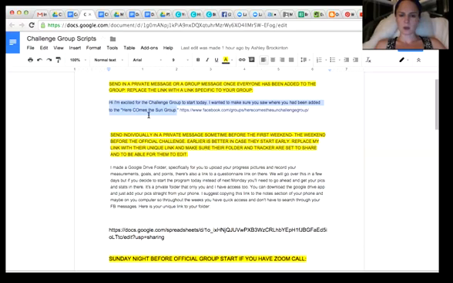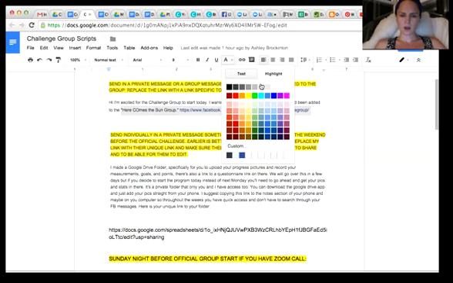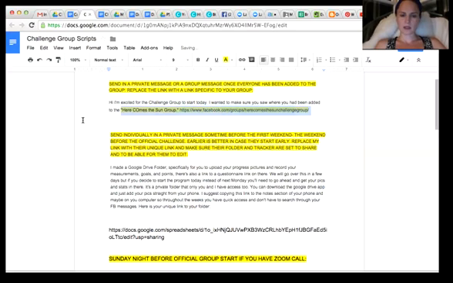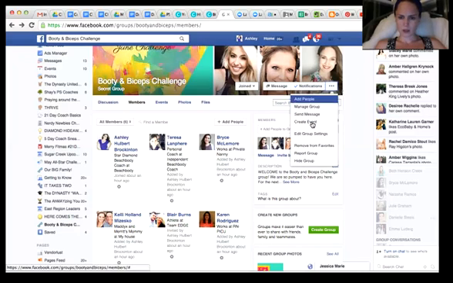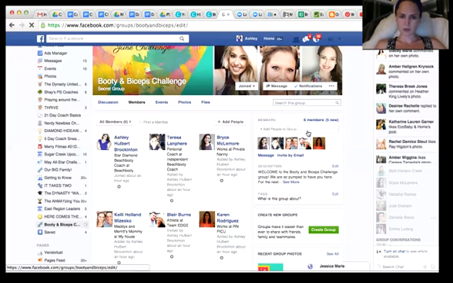So I'd copy and paste this, but you just want to change this to whatever your group's name is, and what the specific link is. Then you can just copy and paste this into the message. That way, if people didn't see they were added, they can click on that and they'll see right where they are. So how you get that specific link is by going over here, edit group settings,